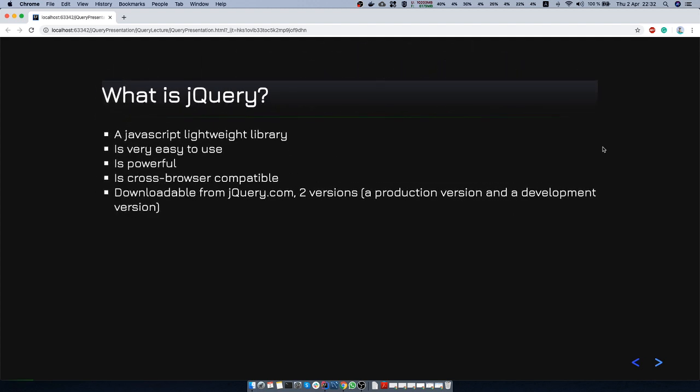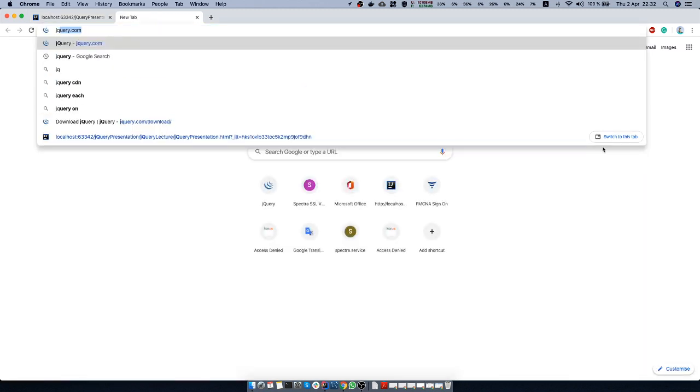What is jQuery? Well, jQuery is a lightweight JavaScript library. When we think about a library, we think about a lot of functions that are meant to help us and make our coding lives easier. The jQuery library is very easy to use. It has a lot of documentation out there. It is very powerful. It is cross-browser compatible, and you can download it for free, of course, from the jQuery